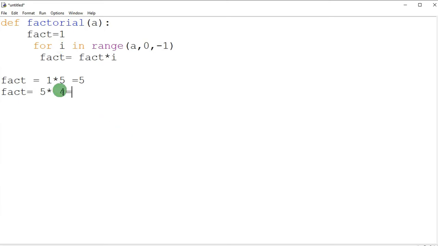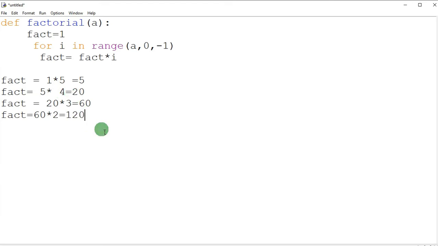Put it here 4, then this is 20. Now the third time the new value of fact is 20 multiplied by i, and i was earlier 4, now it will be 3. This is 60. Again fact will be 60 into, because the new value of fact is 60 now, and then the i value will become 2 as it was earlier 3.